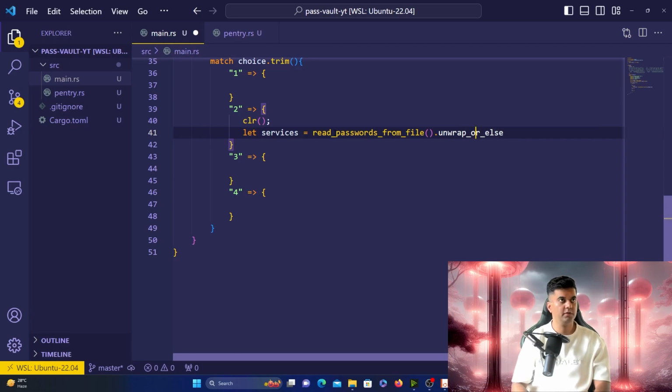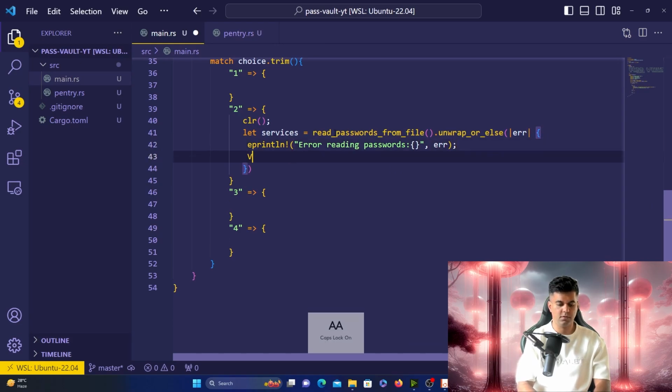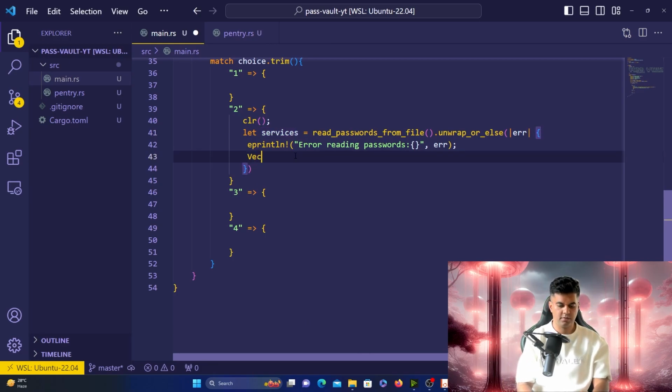Just be careful here. And here if there's an issue, if there's an error, I'll just print out error reading passwords and print out the actual error here. So services in our case is going to be a vector. Vector will help us print out all the services with the passwords and the username. So I'll say Vec::new,